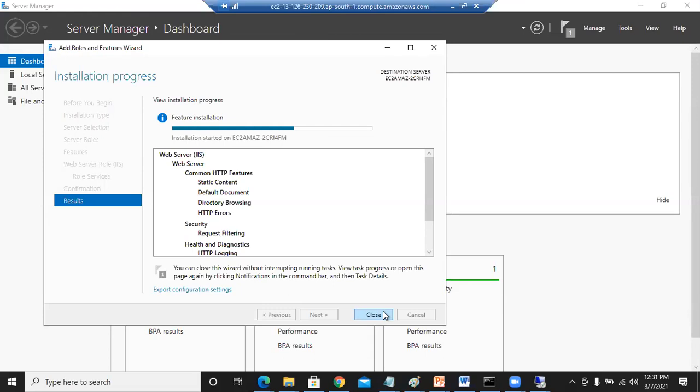It is installing. So once it is done, we'll try to access the website. You can go here and copy this page and check this 13.126.